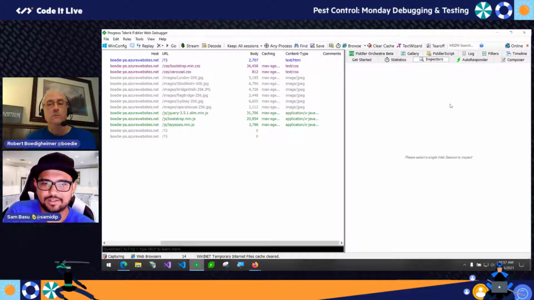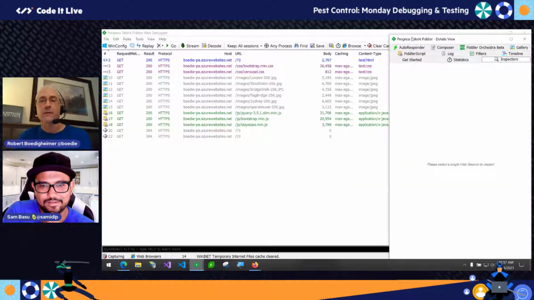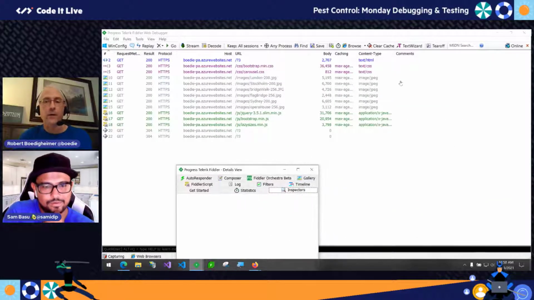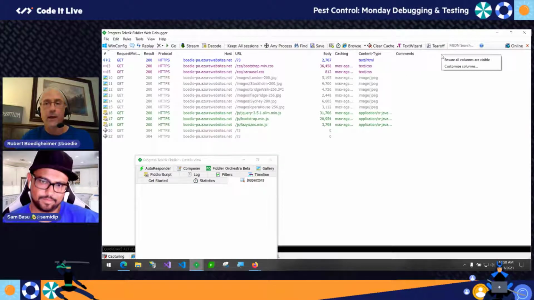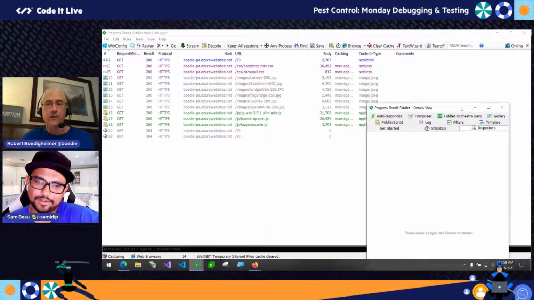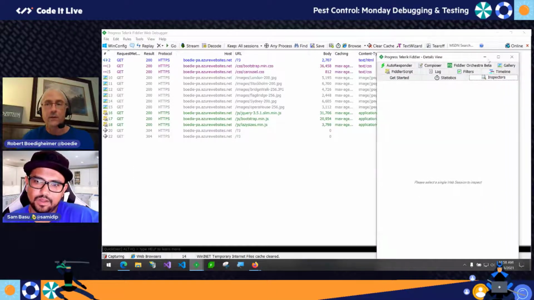I'm literally reading all the things because you're an advanced user, you have all of these extensions and tabs. What is tear off? So tear off just lets me pull off this part, so I can break away. If I need to have more space, I can do this and get some more real estate, because you can customize what you want to see here for columns. So I might want to add some other columns in here, and it just gets wide. It gets difficult to see the whole thing, if that makes sense.